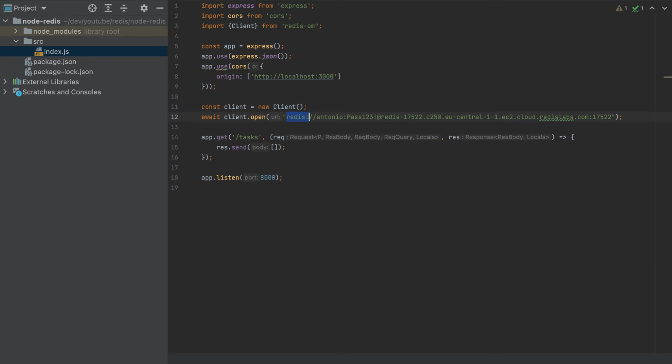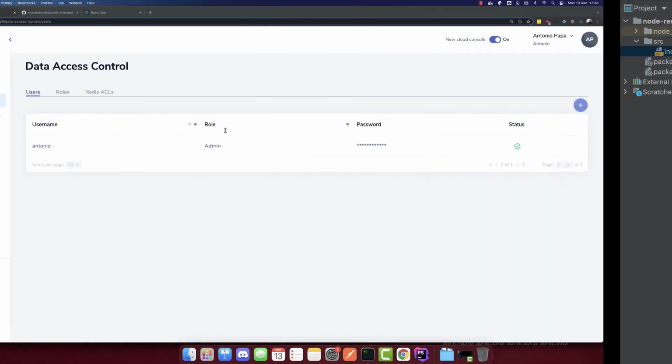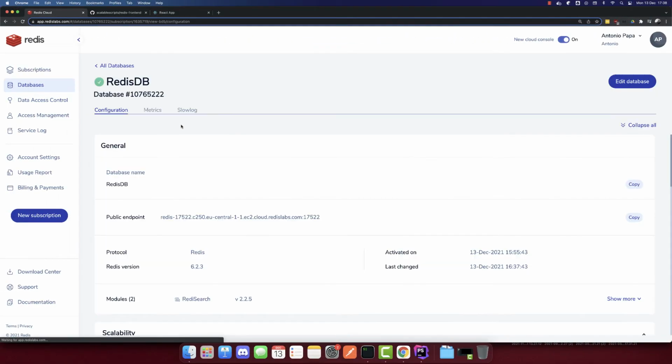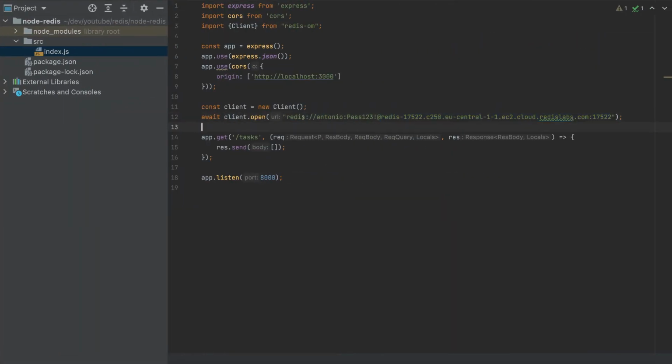So the first part is a protocol, which is redis, then the username. This is the password, then we need @, then we need the public URL, which is this public endpoint here. And that's it. We successfully connected, and now let's create a document